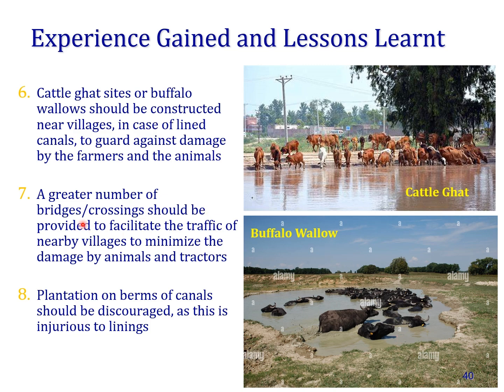Number 7, a greater number of bridges or crossings should be provided to facilitate traffic from nearby villages, to minimize the damage by animals and tractors. There should be more crossings, because people definitely have to cross the canal. When there was no canal, there was free movement. Now because of the canal, the movement is restricted. If you have fewer crossings, those crossings and the surrounding area of the canal will be damaged because of frequent use of that passage. If you have more passages, every passage will be used fewer times,